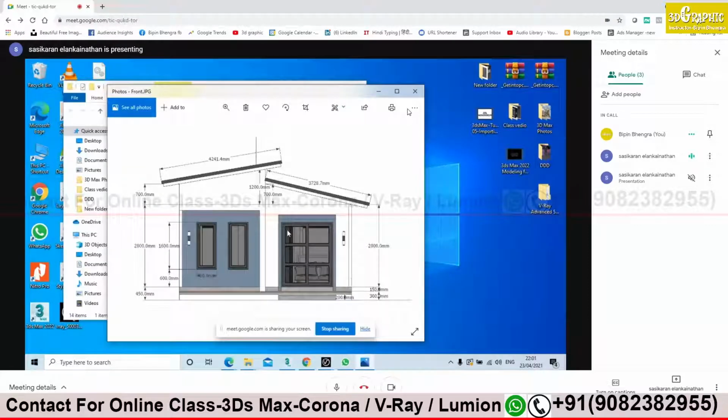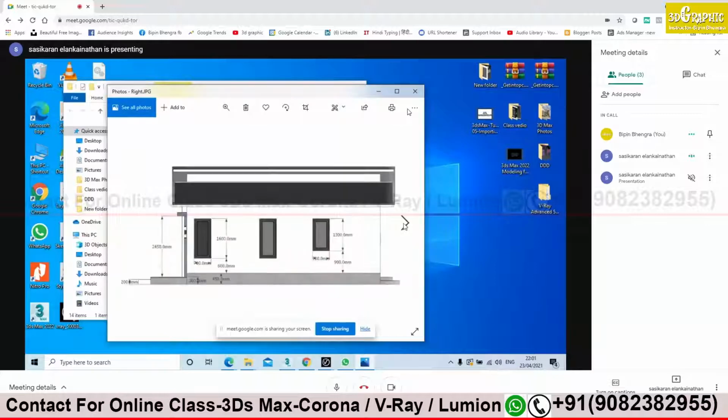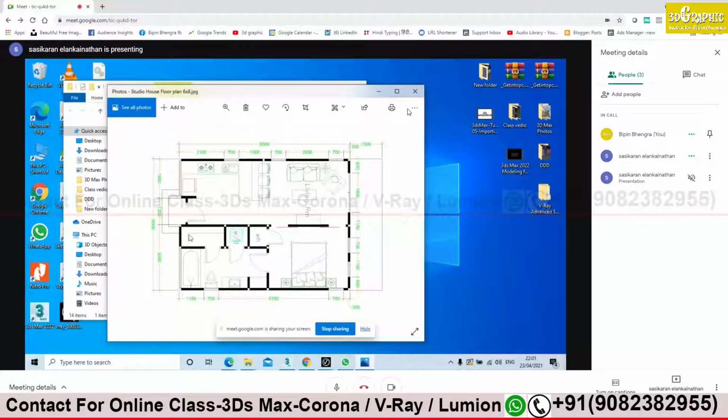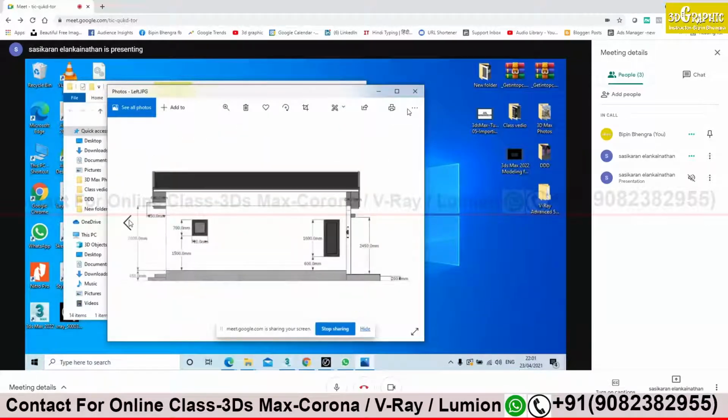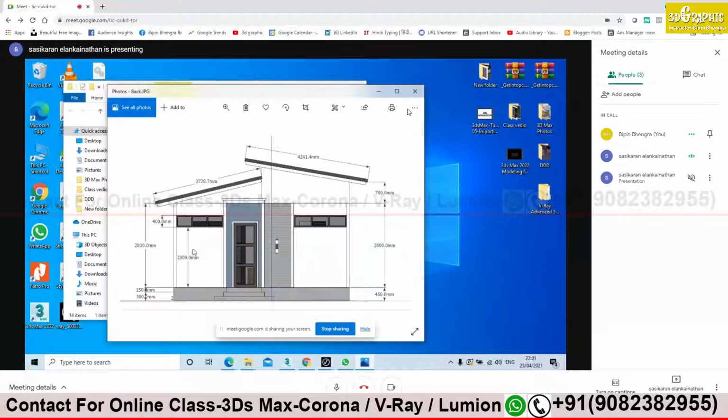I need to know this door and one more, and this part as well. This door. Okay. Because we know already it is 2000 millimeter from the base. Yes. Base to 2000, and I can do this one, but I don't know this length.